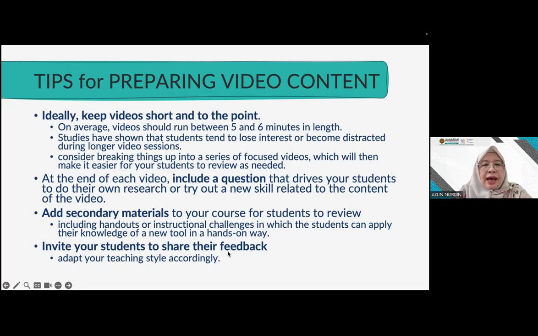And from time to time get feedback from your students. So as I said just now, in order for you to get feedback, you have to plan what are the things that you want to know from the students so that you can improve your materials from time to time. Okay,